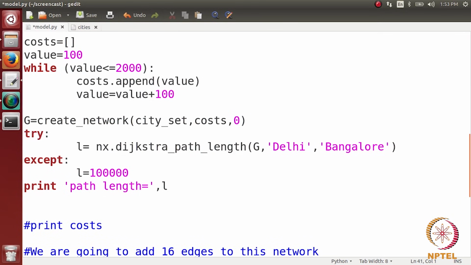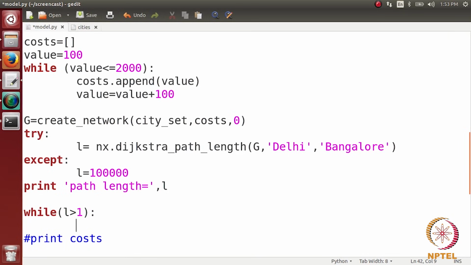Initially we have this graph G. We have calculated L, and L was here 10,000. What we want L to become is 1, because the minimum path length between two nodes is 1, till they become directly connected. So while L is greater than 1,